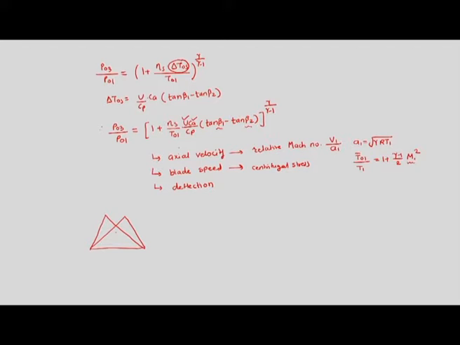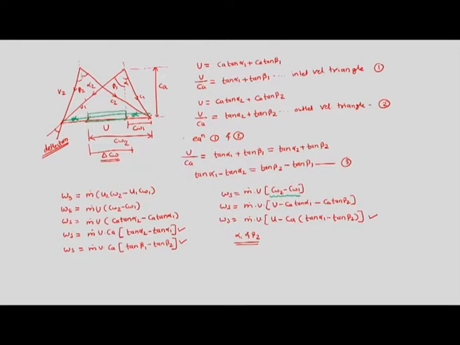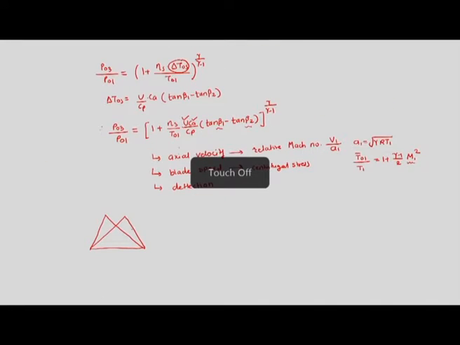This was the velocity triangle which we had seen in the earlier case. In our earlier graph we had seen that the velocity triangle is of this kind. So the same velocity triangle we are trying to draw here. We have C1 and V1, we have C2 and V2, and this angle we had called beta 1 minus beta 2, since this is alpha 1, this is beta 1, then this is alpha 2, and then this is beta 2.